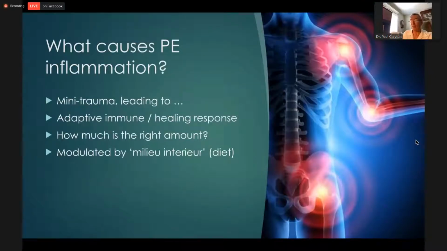So what causes the exercise inflammation that we see in our athletes, in our sports people after exercise? As I said, it's all to do with the right amount of muscle damage and the right amount of muscle repair. So you have mini trauma, more accurately, micro trauma. The rupture of muscular fibrils, which triggers what we call housekeeping responses. These are responses which clear away the damaged tissue, replace it with new fibrils, and will also